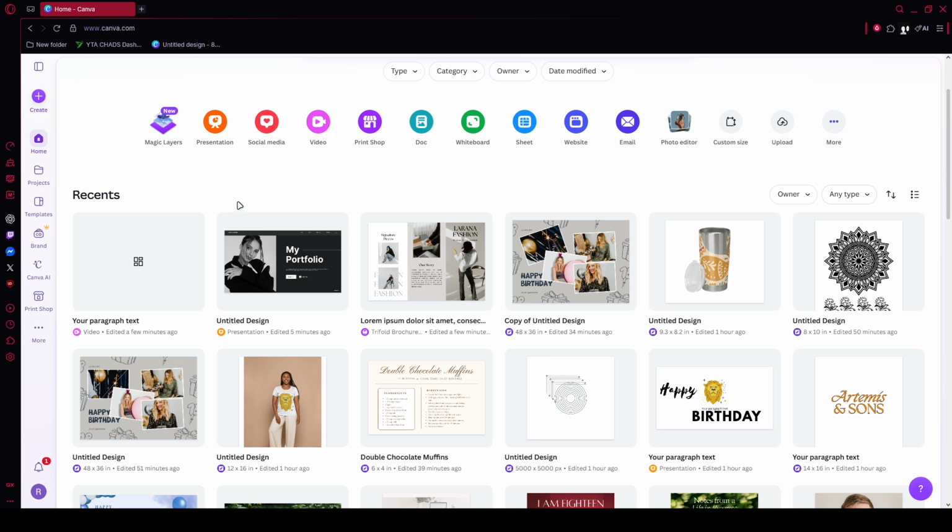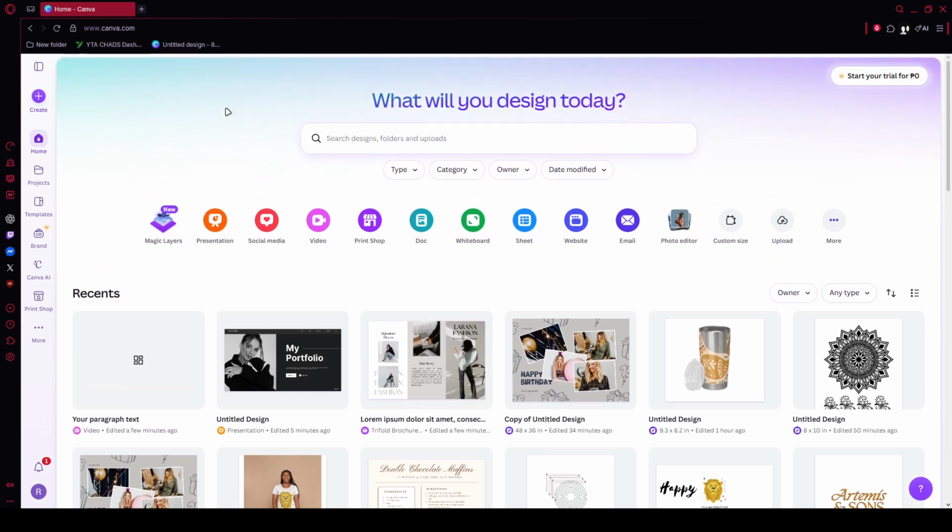To get started, make sure you're on your main Canva dashboard. If you're currently inside a design project, presentation, or any editing screen, go to the top left area of the page and click Home. This takes you back to your primary Canva workspace, which is where you can access your account-wide settings. Starting from the dashboard is helpful because the changes you make here apply more consistently across your Canva